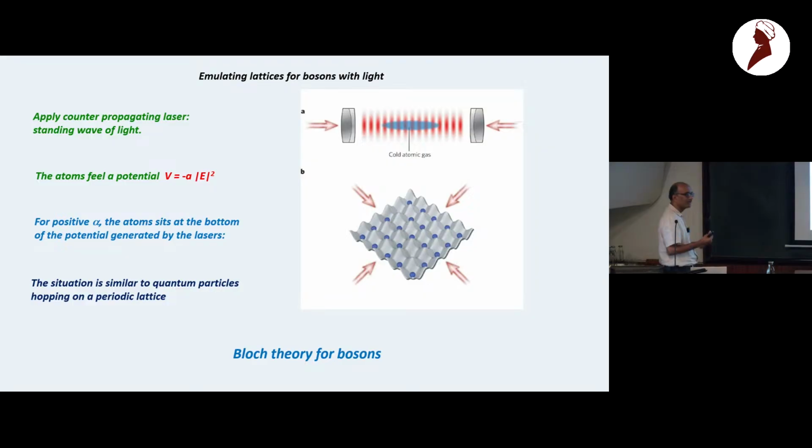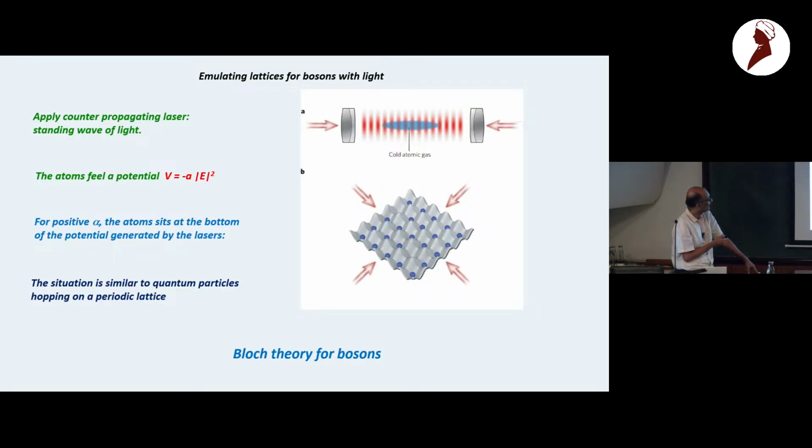So one more thing which is required for getting into a correlated system with this kind of atom-photon system is to create strong correlation. That's something that one needs to do. And the ingenious way of doing this is that you apply counter-propagating lasers to this atomic trap. So what happens is that these atoms feel a potential because they have a polarizability, which goes as the intensity of the laser light that you put in.